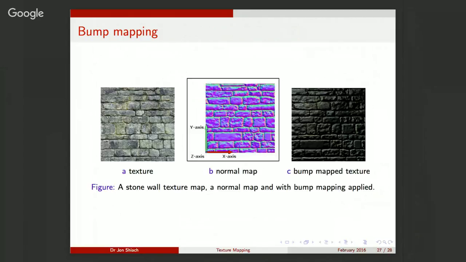You can see here that on the top of these cobbles, in this region, the vectors are mainly pointing upwards, not out. And on the right-hand side, they're mainly red, so they're pointing to the right. So this is a texture map of normal vectors. If we apply the texture and that normal map, that's what you get. I can't show it here, but as you move around, the specular reflection and the diffuse reflection would change because you're moving your viewpoint, and that gives you the impression of a textured cobbled